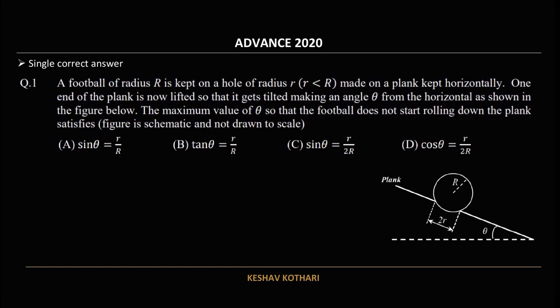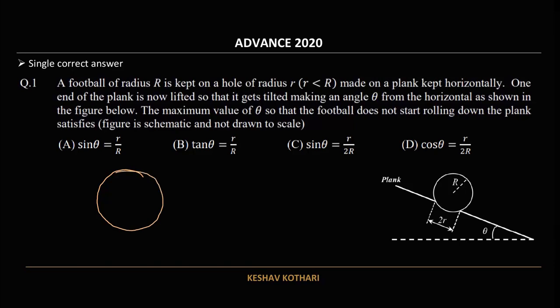A football of radius capital R is kept on a hole of radius small r, such that capital R is greater than small r, made on a plank kept horizontally. One end of the plank is now lifted so that it gets tilted, making an angle theta from the horizontal, as shown in the figure given below. The maximum value of theta so that the football does not start rolling down the plank satisfies which of the following equations? So if we consider this problem, if I draw the football just when the rolling is about